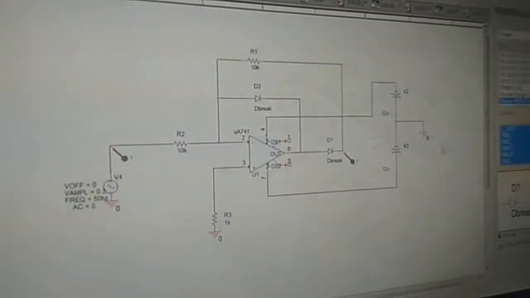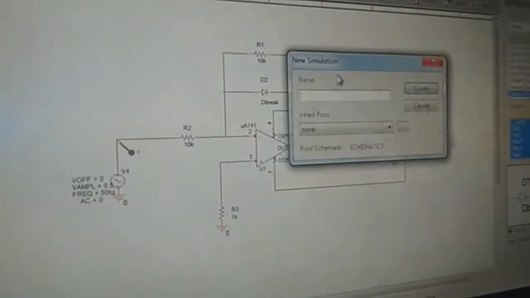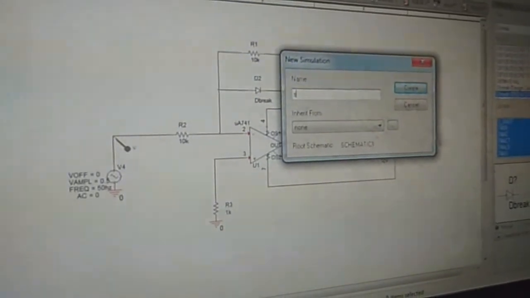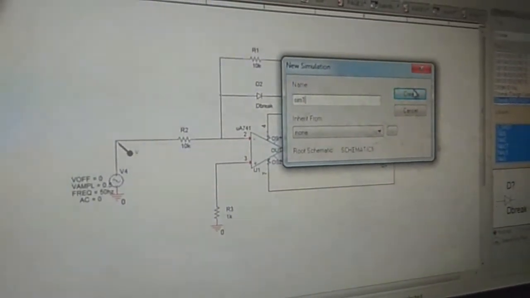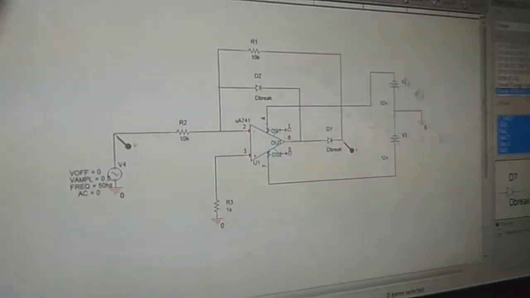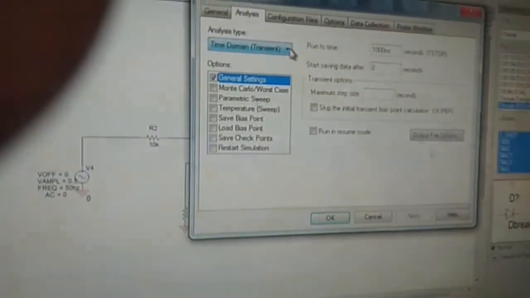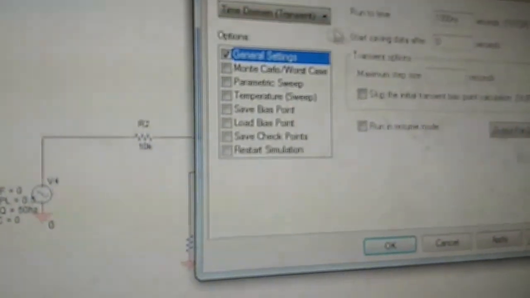We'll go to PSpice, New Simulation, and give the simulation name, whatever name you want. I'm giving Sim1 as the simulation name. Create the simulation. Once you create it, we have to give the general settings. Here we take time domain analysis.